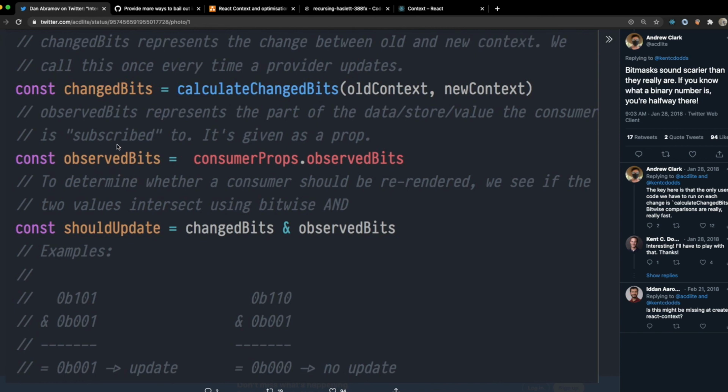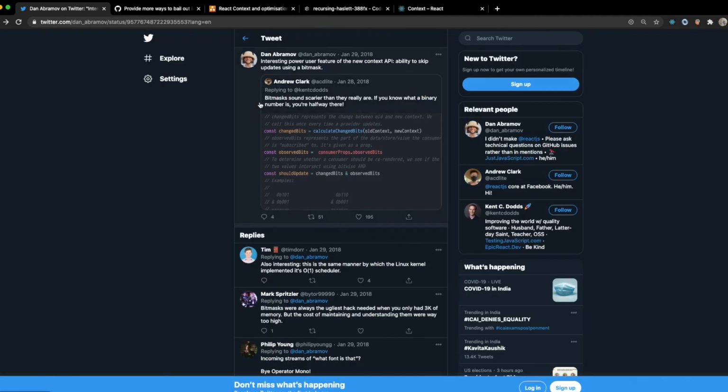This is the observed bits that we pass in useContext. Both are ANDed. So guys, this is how update and no update is decided. Internally, React does a bitwise AND of both these observed bits and changed bits. If it's a non-zero value, it will update, and if it's zero, it will not update. So this is what we have done over here, right?